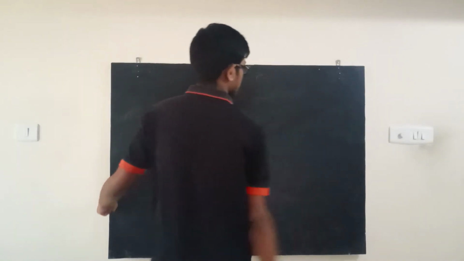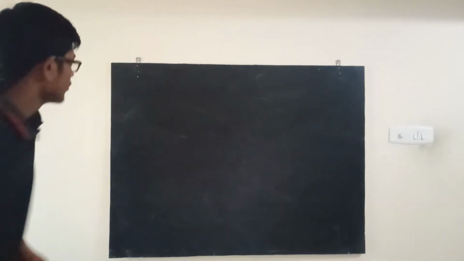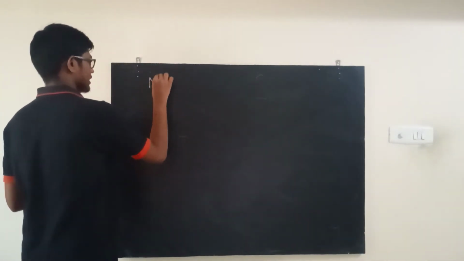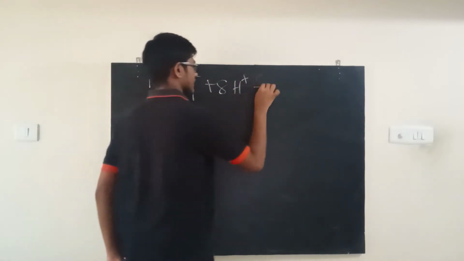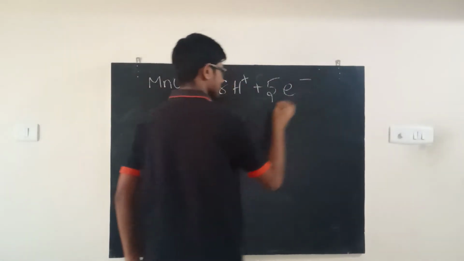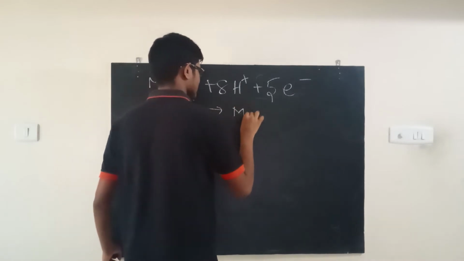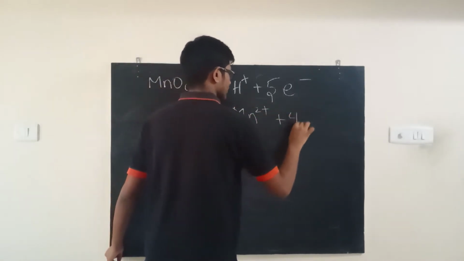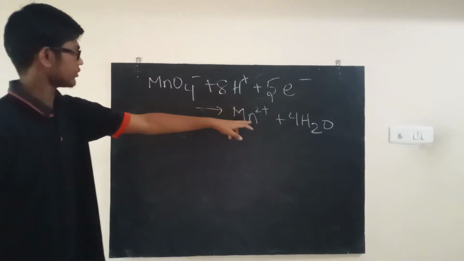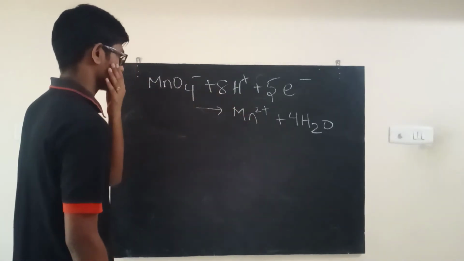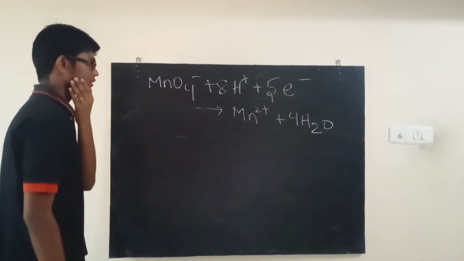For example, that's what we talked about in redox reactions, right? We only talked about ionic reactions. We said MnO4 minus plus 8H plus plus 5 electrons. You guys remember this, right? Very important reaction, giving Mn2 plus plus 4H2O. If I remember correctly, I hope this is balanced. 4 times 2 is 8, you have 4 oxygens, so the oxygens should be balanced. Yeah, so this is what we talked about, right?